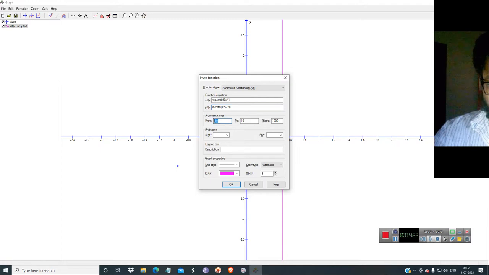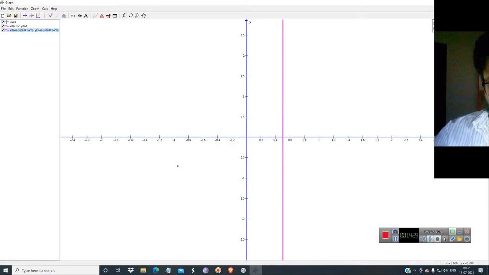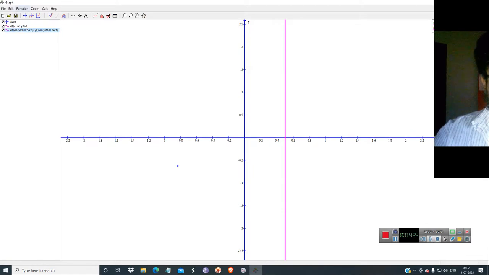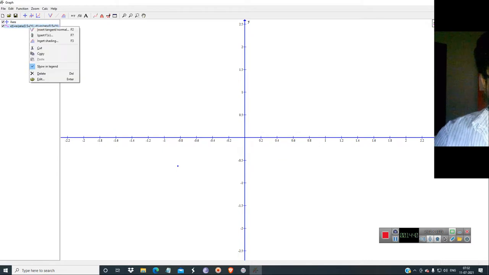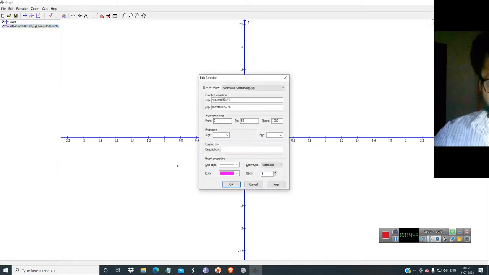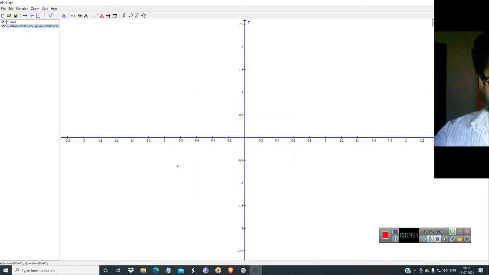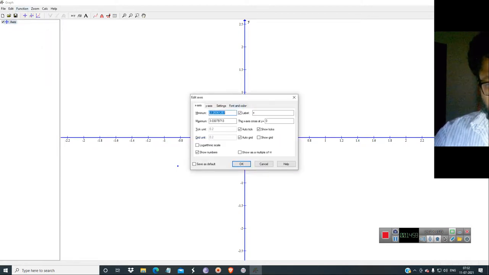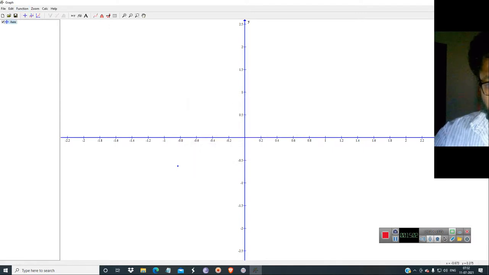Just put 0 to 50. You can see the live zeros over here. Why it is not visible, I'm just deleting it. You go to the edit, and you have to plot the complex numbers for this. There are no details on complex numbers given over here, so we have to delete this first and make a small change in the settings. Go to the settings and select calculate complex numbers.